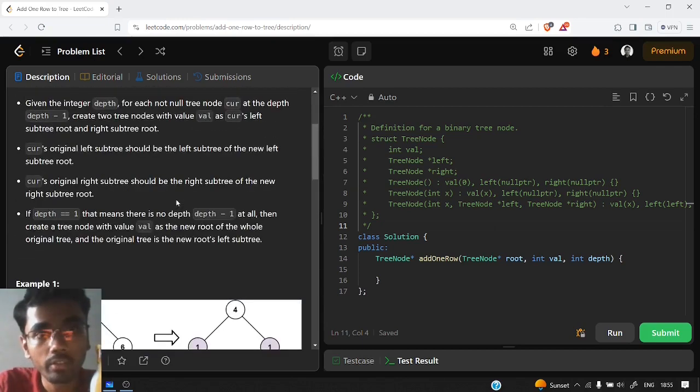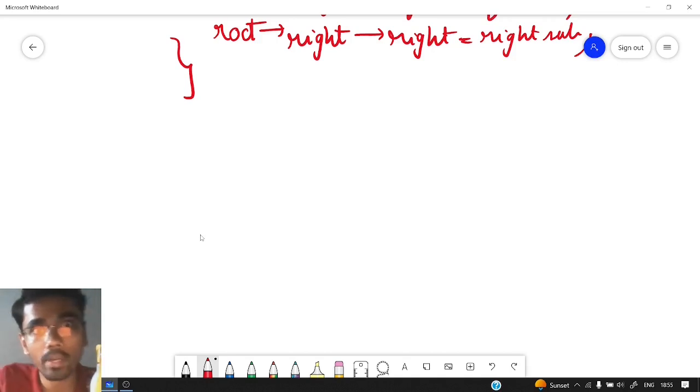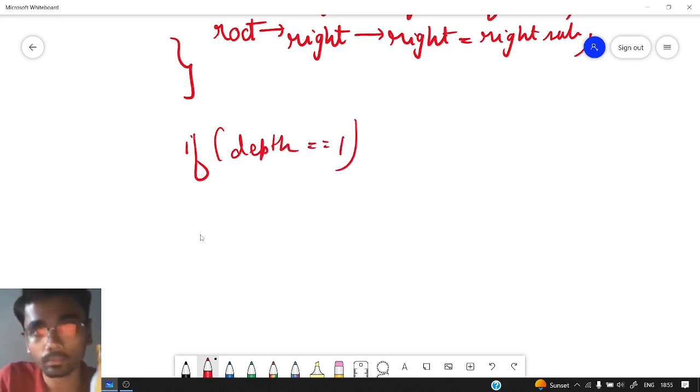So what they have said is that if your depth is equal to 1, then we need to create a new root with its value, and that new root's left will contain the original root. Let us write it down now; we will understand it better. What will happen if depth equals 1? We will first create a new root. Let us denote it by the name new root.